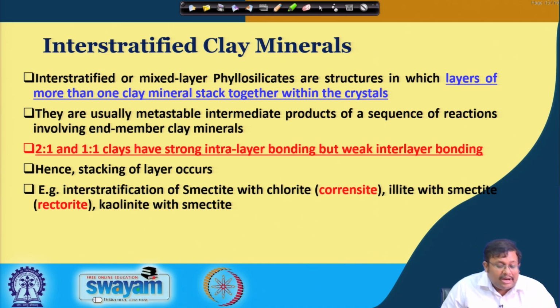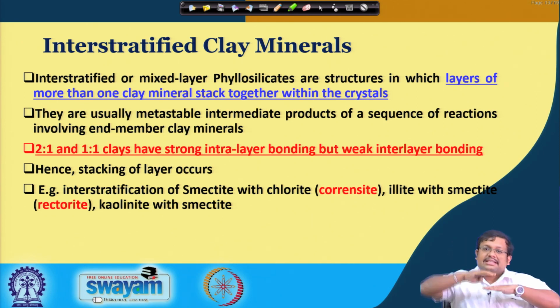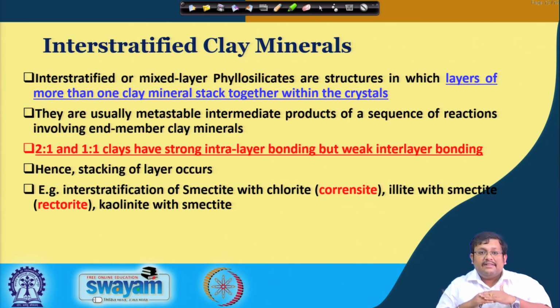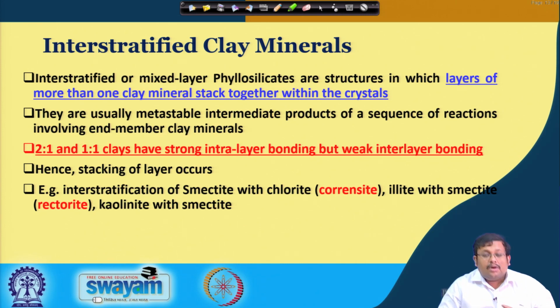For example, 2:1 and 1:1 type of clay minerals have strong intralayer bonding, but weak interlayer bonding. That means the 2:1 layer has strong intralayer attraction. However, when they stack upon each other, their bonding is relatively less. As a result of that, there is stacking of different layers. For example, interstratification of smectite with chlorite,